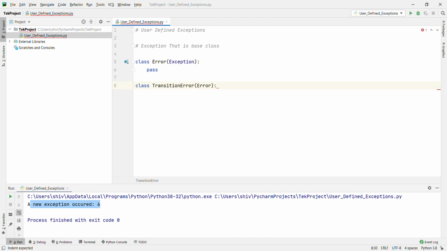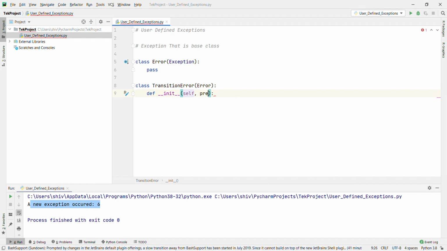Instead of passing the base exception, we define one class Error that inherits from the base Exception, and now I use Error instead of the base exception. Class TransitionError. Now I am going to define the initializer, passing previous, next, message.